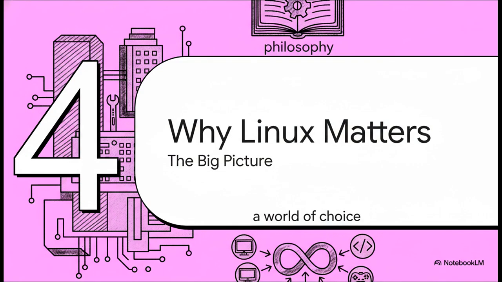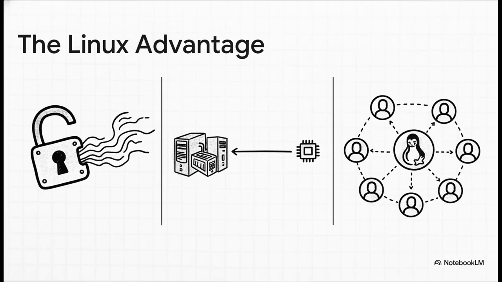Okay, let's pull all these threads together. We've talked about philosophy, we've talked about the architecture, and this incredible world of choice. So what's the bottom line? Why does any of this actually matter? See, the Linux advantage is this powerful combination of things. It's free to use, free to change, free to share. It's open source, which means it has this amazing, passionate global community behind it. It is incredibly flexible and customizable, and it's legendary for its security and stability. You're not just getting an OS, you're getting freedom, performance, and a worldwide community all in one package.